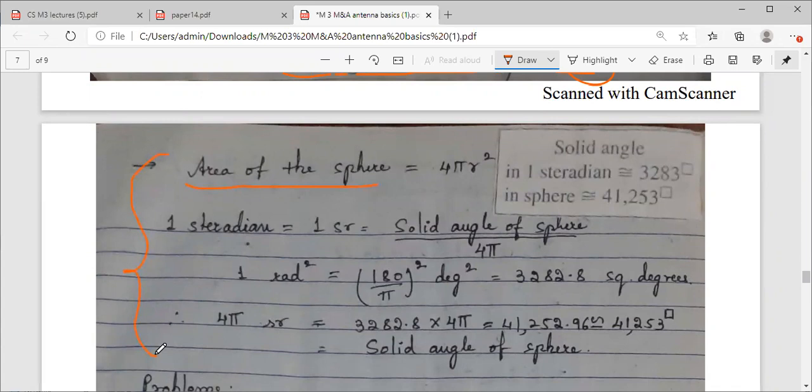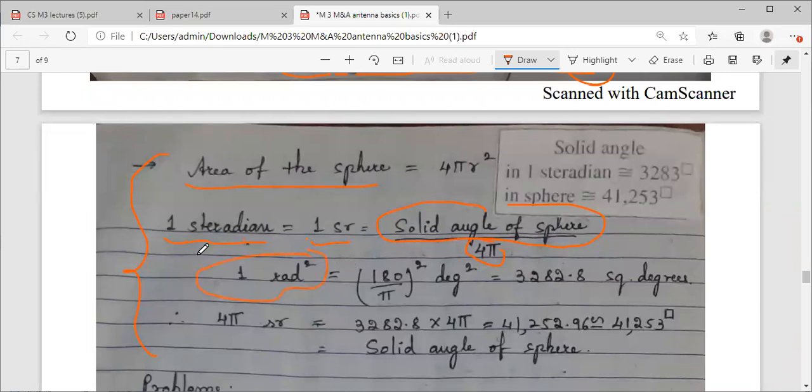So here I have given you the information of conversion of steradians and degrees, square degrees. 1 steradian is equal to solid angle subtended by the sphere divided by 4 pi. क्योंकि टोटल एंगल क्या होगा, 4 पाई है स्फीयर में, सर्कल लेंगे तो 2 पाई होगा, स्फीयर के लिए 4 पाई है. तो 1 स्टीरेडियन इज गिवन बाय टोटल एंगल सबटेंडेड बाय द स्फीयर डिवाइडेड बाय 4 पाई.